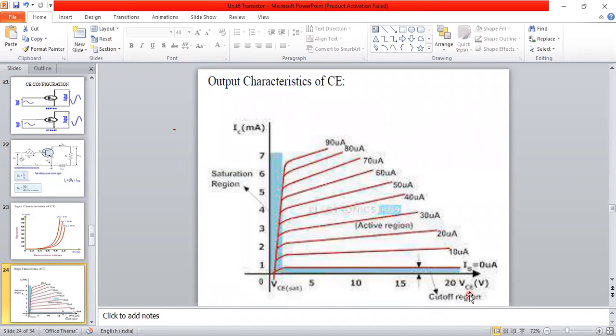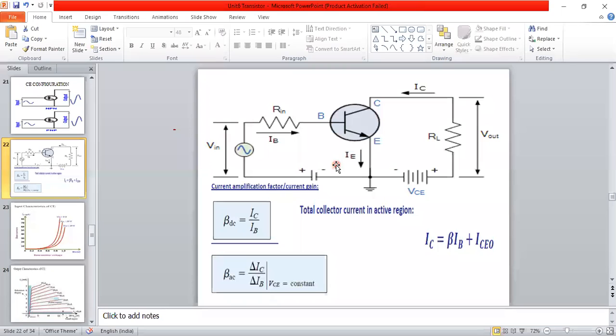According to these output characteristics, here it will go to the breakdown voltage also. After breakdown, the current will suddenly increase here now. But see here, for the constant, which current have we kept constant here? Base current is constant here now. Which is the input current in this diagram? Input current is collector current.